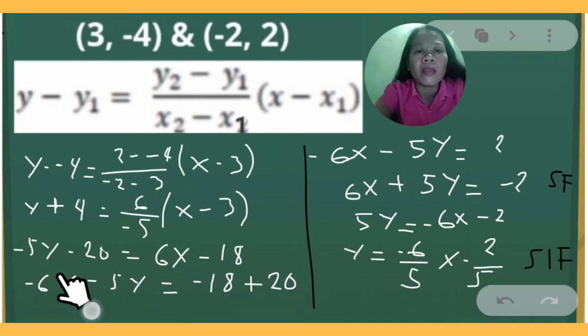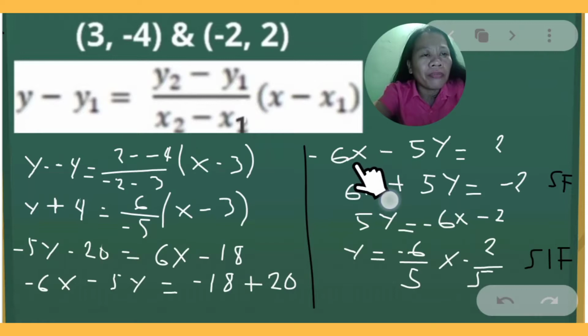So we have this one, -6x minus 5y. Just copy the minus 5y here. Okay? And then just copy -18 here. So we have -6x minus 5y equals -18 plus 20. Simplifying -18 plus 20, we have +2. Just copy -6x minus 5y. And then,